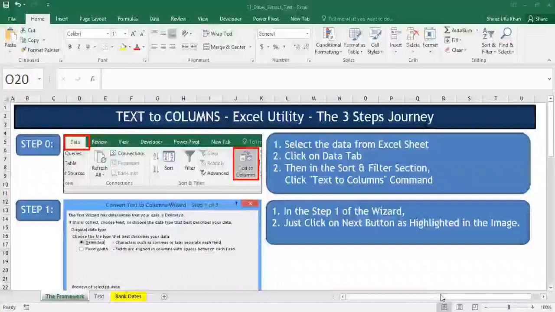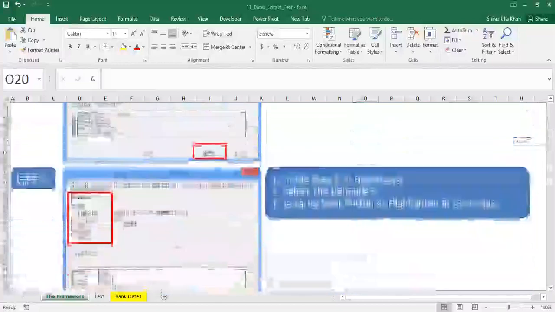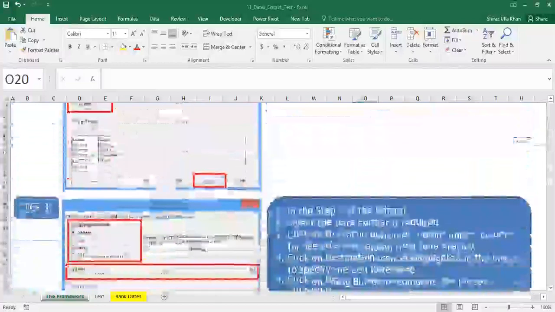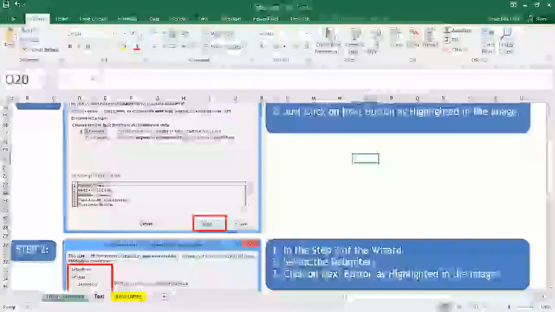So people, if you can see my screen here, I have just depicted the steps. These are the steps with the screenshots which you have to do in order to split the data. So I'm not going to explain it further. It is a very straightforward step-by-step wizard which can help us to split the data. But one important thing which I want to tell you, let me just go back to my text sheet, actual